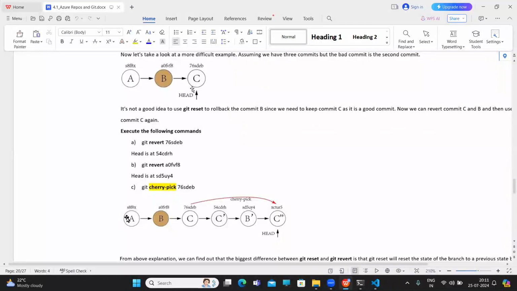My A changes will be there. Now, my requirement is I want to retain C, but I want to revert only the B. In that case, what should I do? I should